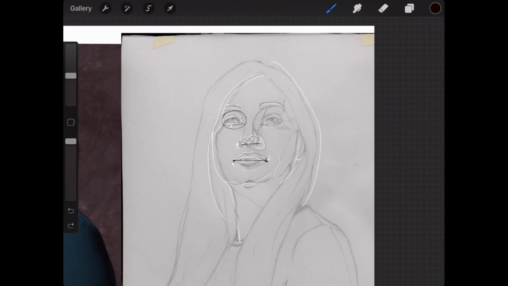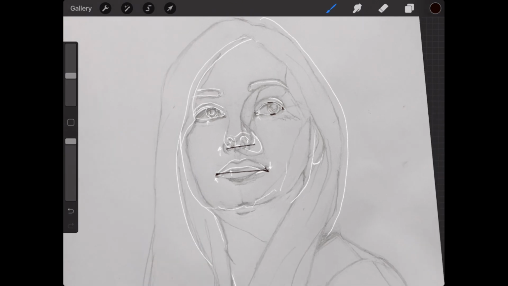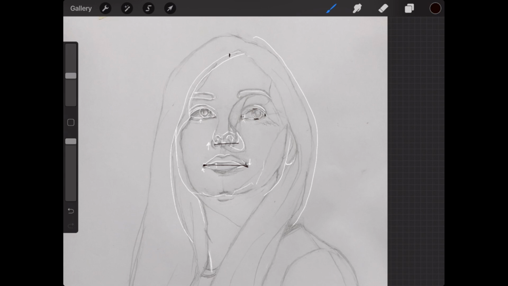Oftentimes, I actually had some other students ask, how do you get the left eye to sit right? Another student had said she has an easier time getting the right eye, but when it comes to the left eye, it's really hard. One of the suggestions I gave was that you position the eye that's easiest for you, and then you take 3 points on the head: the center of the forehead, the center between the brow, and the center of the chin. And you line those up on a slight curve because the head is kind of slightly egg-shaped.